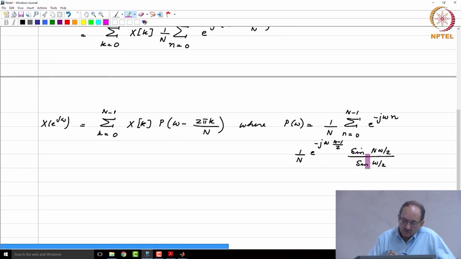So two things are different here. One obvious difference is the interpolating function is now this rather than your sinc(t/T), which is the analog sinc. The other important difference that you can observe from the formula is